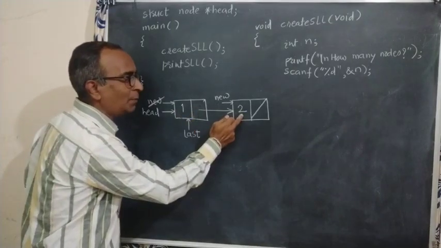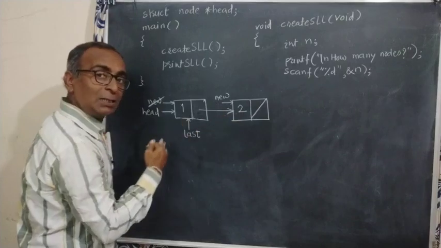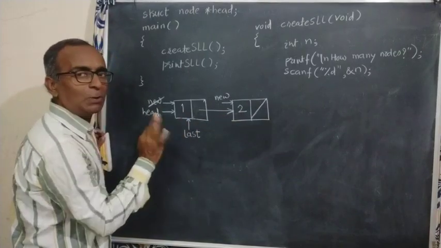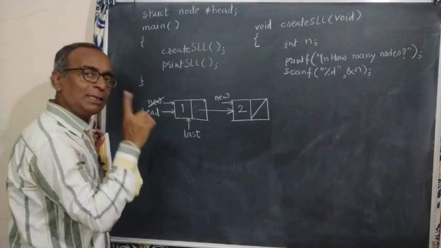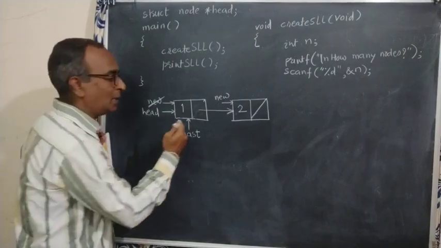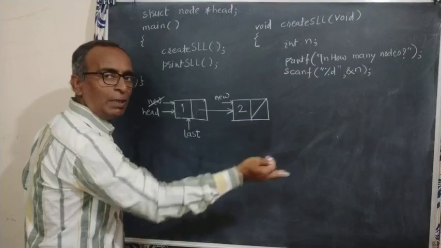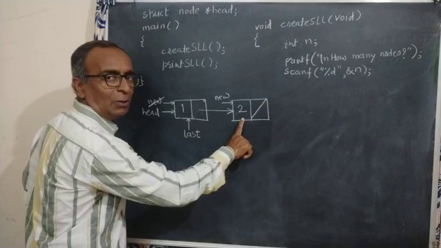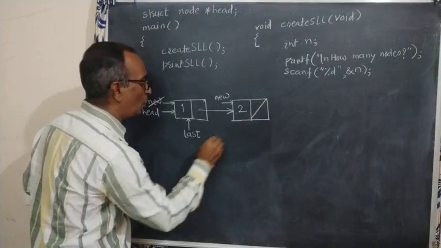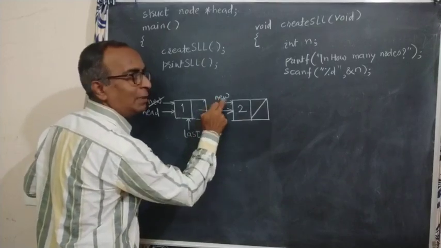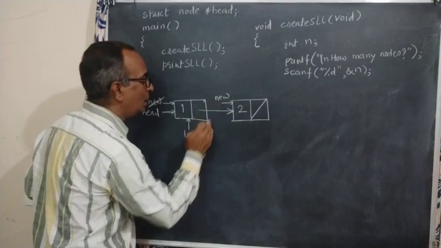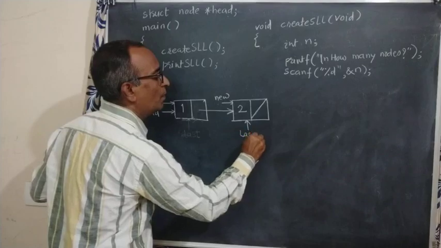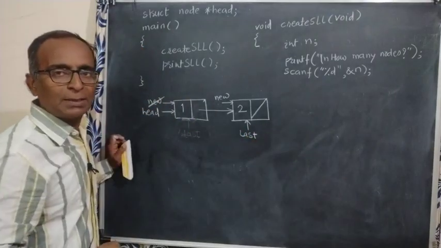Now after insertion of this, as last we are maintaining always as last node's address. First head we are not changing now. Head will be changed first time only. As we are inserting at the end always, only last should be changed now. Last should point here, means last is given this node's address. This node's address is in new. So last will be given new. This is second node has been inserted.